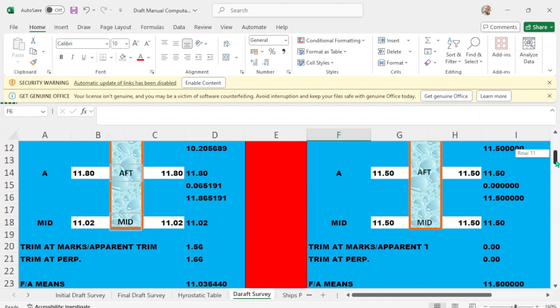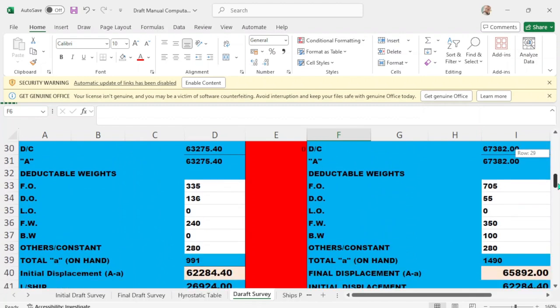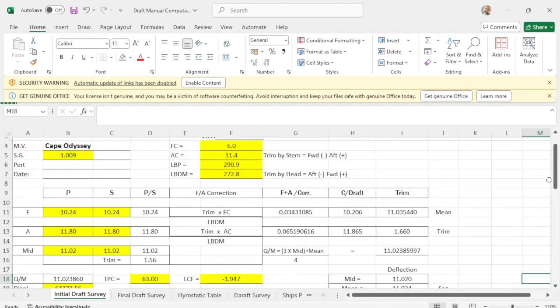Okay, and the final, I put here the same ROB, which is the same here.